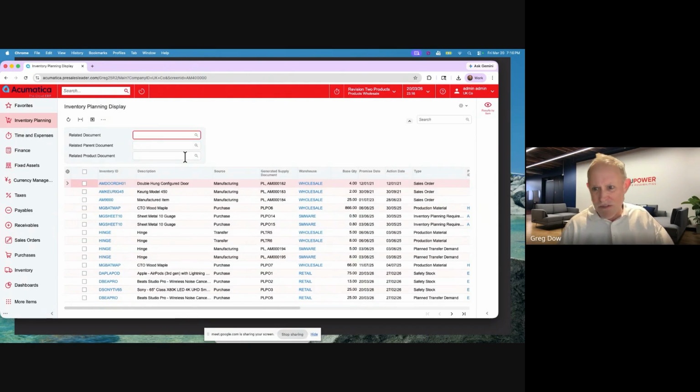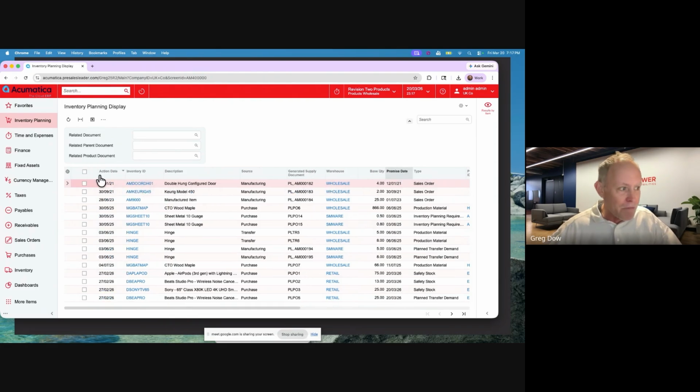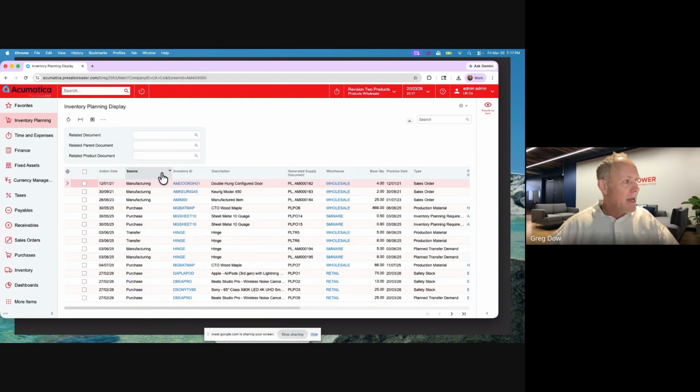But there's also transfers, there are also kits. But they're going to decide one thing at a time. First of all, the action date, when I need to take action, is most important. I'm going to drag that over to the left. Then perhaps I'm going to say what I do with that's next most important, and I'm going to put a filter at the top. Pretending I'm the purchasing agent